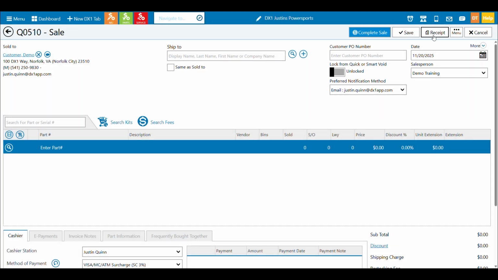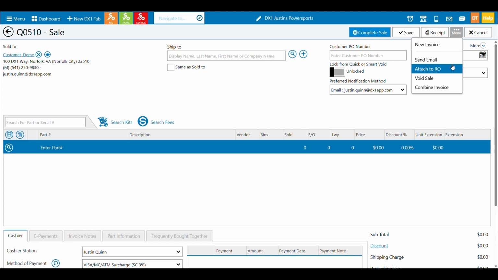You can see when I did hit the receipt button, regardless of hitting save, you probably saw the toast notification that popped up saying the invoice has been saved. That's required in order to send, and now we can see that, at least in this example, we're to a quote part of our invoice. We also have a menu drop down here, and I'll tell you, depending on the state of the invoice, meaning where it's at in a process or things that have been done, some of these invoice options may not be shown. But just to show you what we have here, we have new invoice, send an email. We've already seen how that worked.